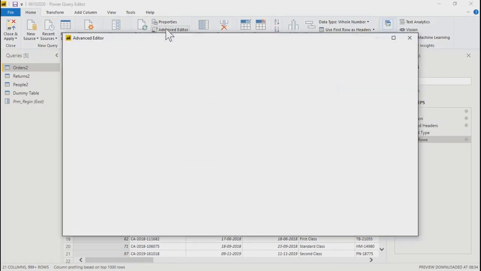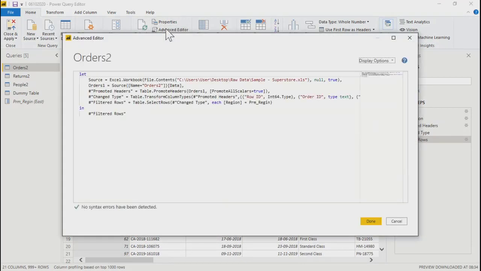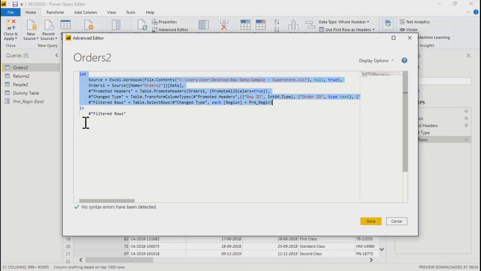Advanced editor, this is going to show you the Power Query actually, right? So when you connected your data with your Excel file, what is the query which Power BI has generated for you automatically? Over here, these are the values which it is passing, and in filters row. Your source is excel.workbook, and this is the location of your file. You're connecting to this file at this time. The name of sheet is orders 2, right? And then you got all the fields.